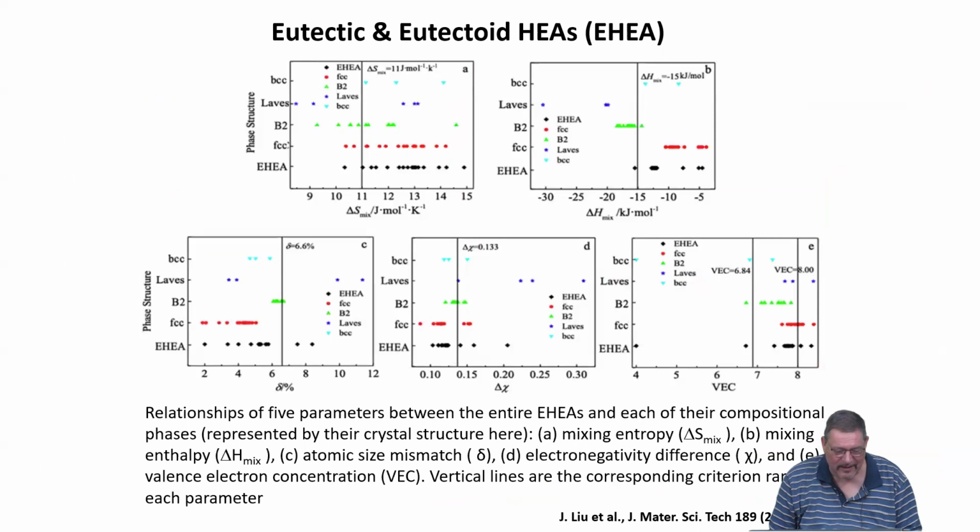And yeah, and then these are some relationships about different criteria and where to find the eutectic high entropy alloys, as compared to other competing phases which are typical in these systems that form eutectic high entropy alloys. The quintessence of this is, delta H, delta S work nicely, otherwise systematics are poor, but statistics are poor anyway, because there are not so many eutectic high entropy systems which have been reported and investigated so far.